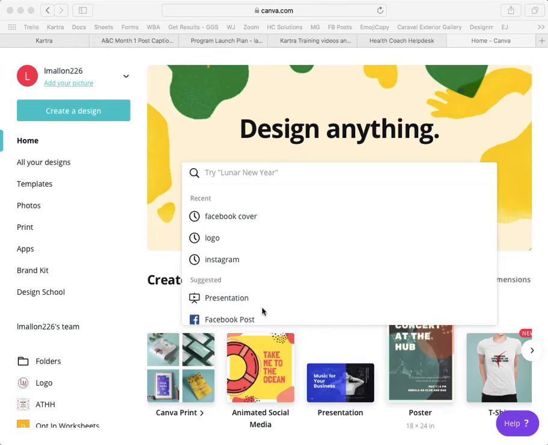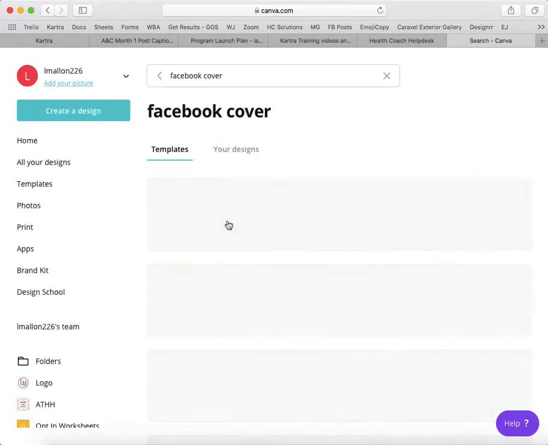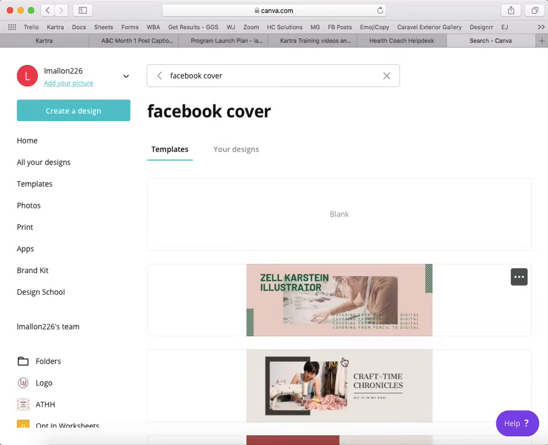This tutorial is for creating a cover image for your Facebook group that promotes your lead magnet. So what we'll do is we'll create the image in Canva. So I'll go into Canva and I'll select Create a Design and I'll select Facebook Cover. And you could just pick any one of these